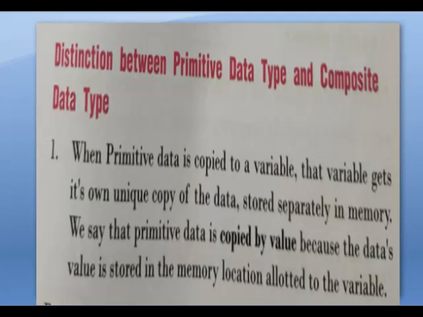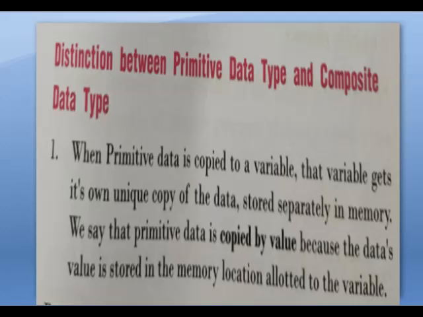In your book, page number 241, some examples are there for this primitive data type and composite data type. The primitive data type is called by value and composite data type is called by reference. We already studied about the call by value and call by reference. So this primitive data type is always call by value, and composite data type is always call by